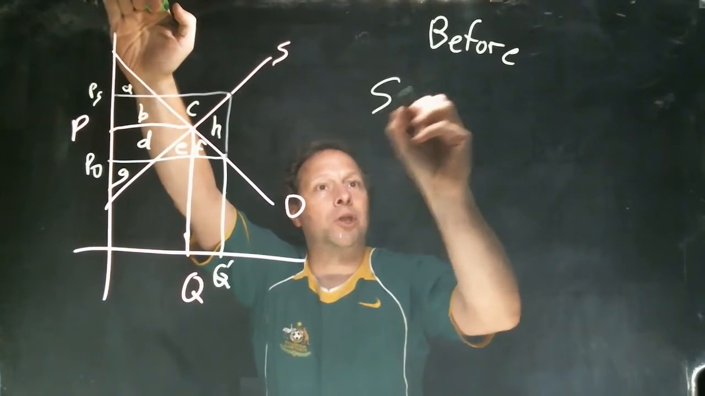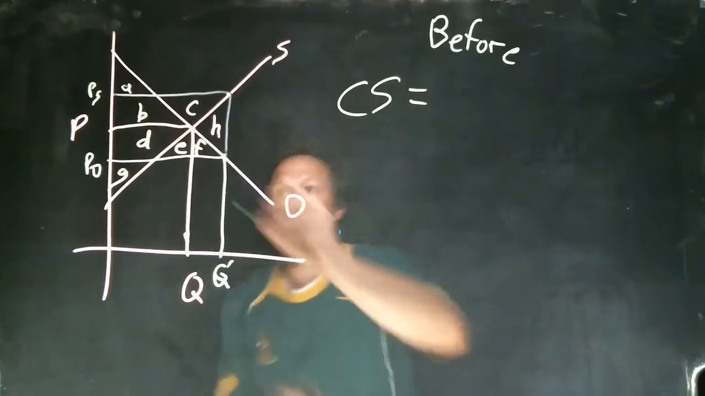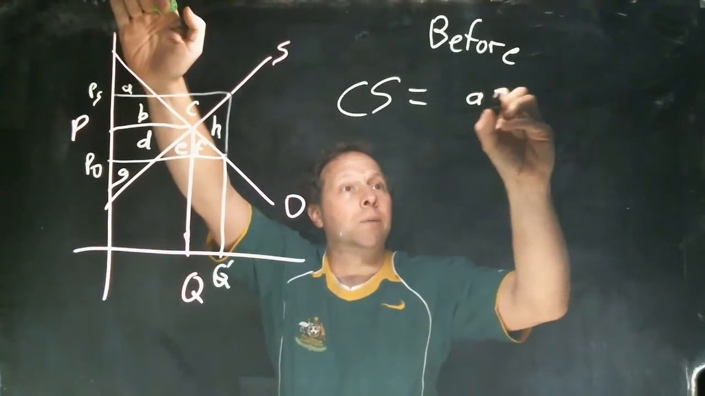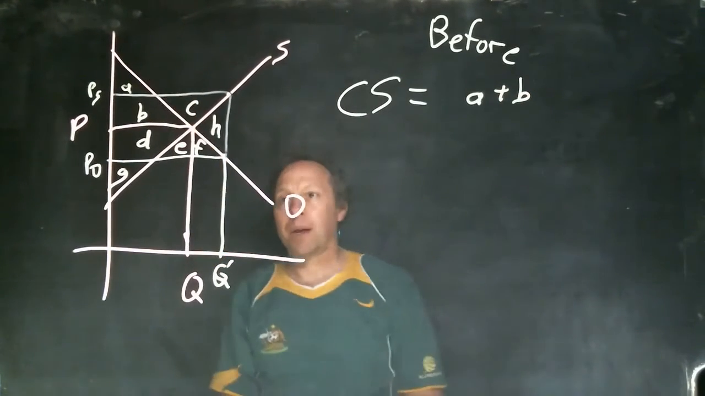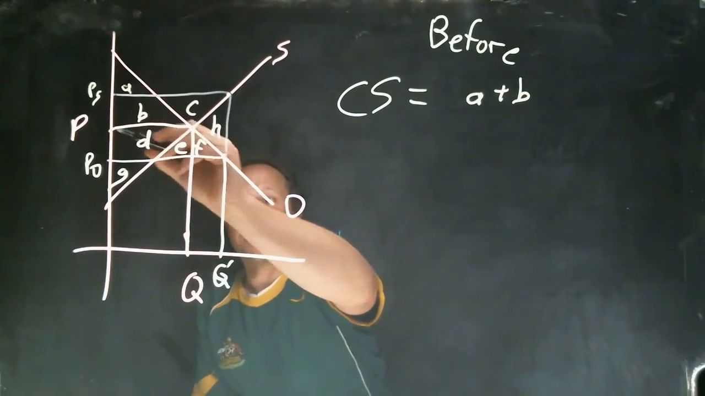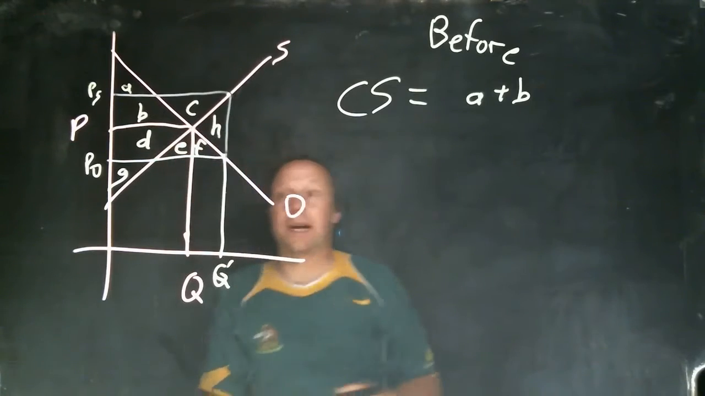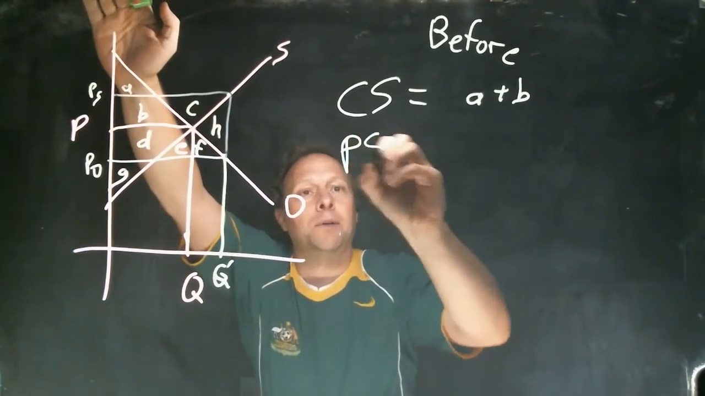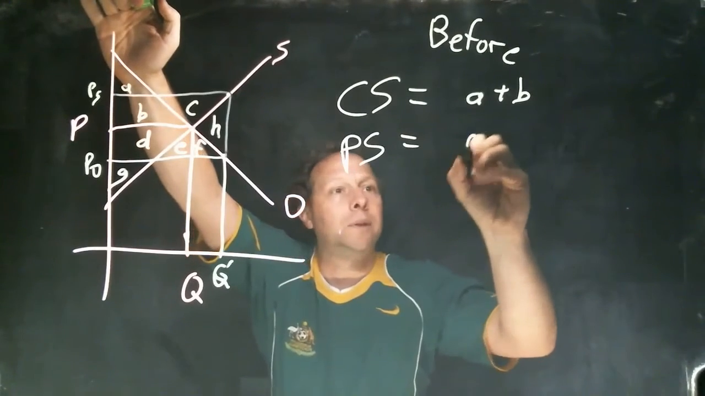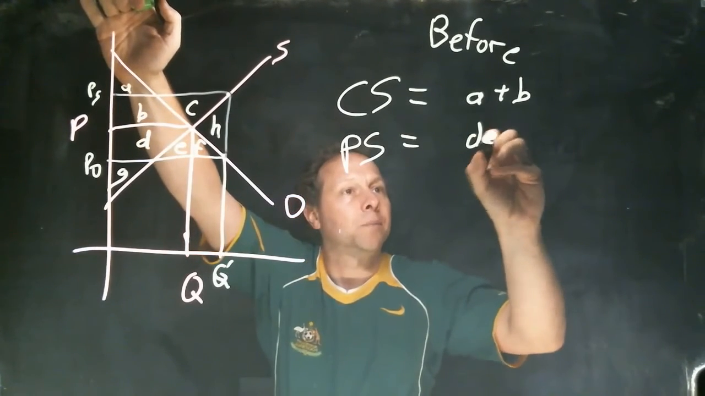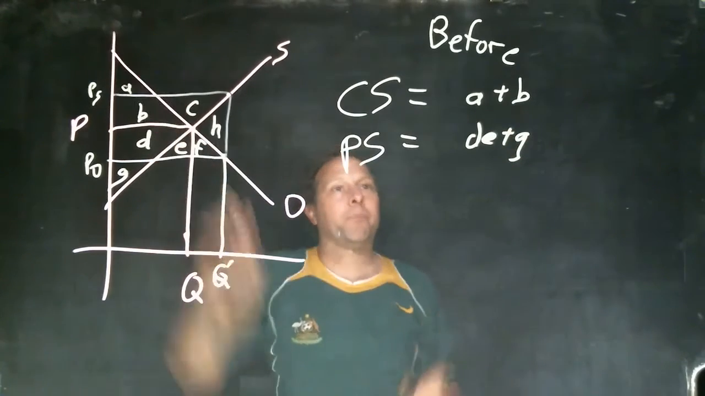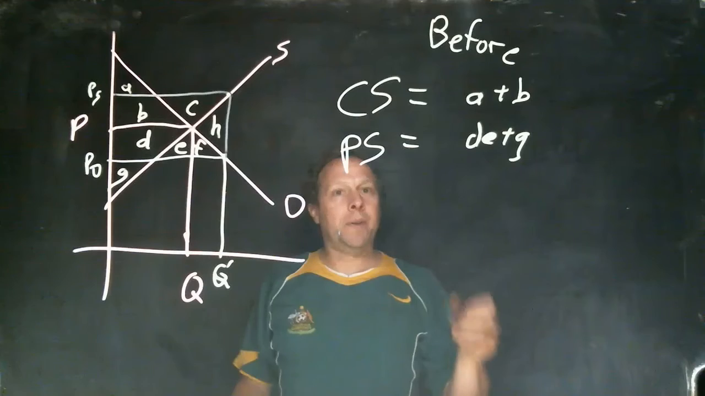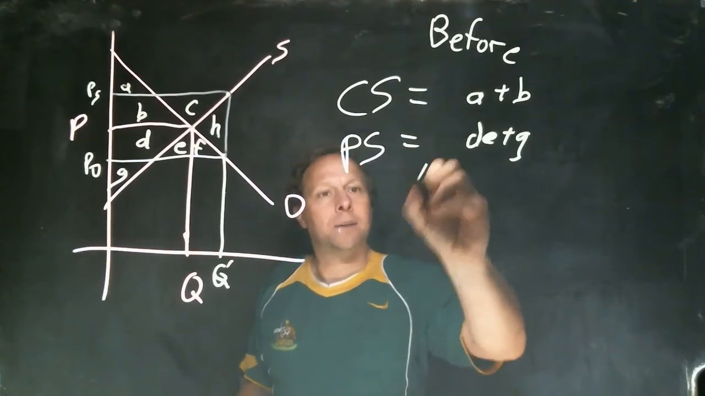the consumer surplus was equal to the area above price and below demand, so that's equal to A plus B. Before the subsidy, what the producers got was the area above supply and below price. So the producer surplus was equal to D plus G. Okay? Now, after the subsidy,